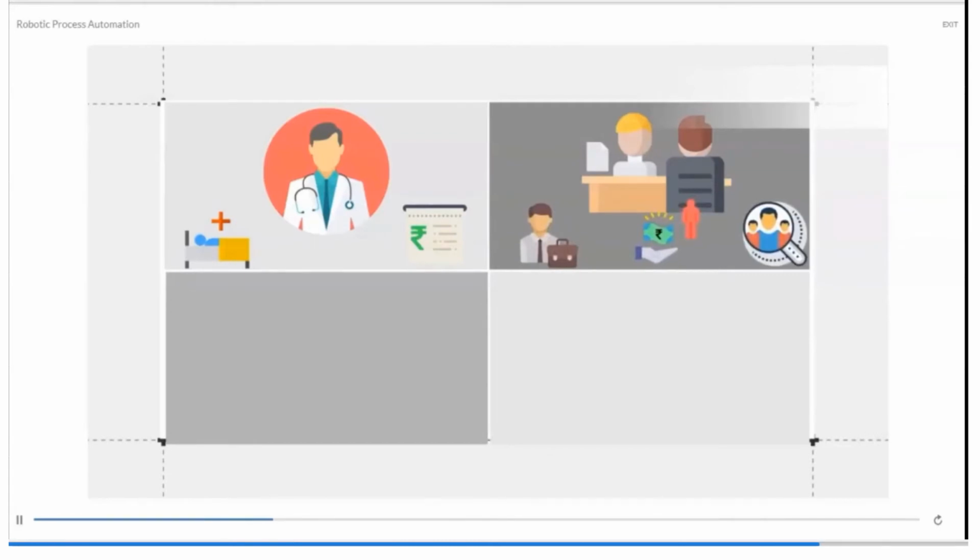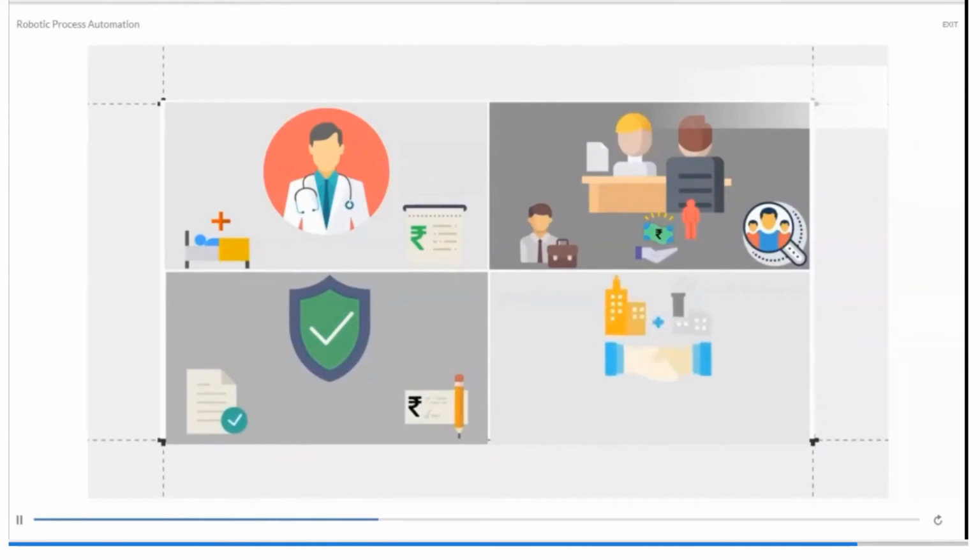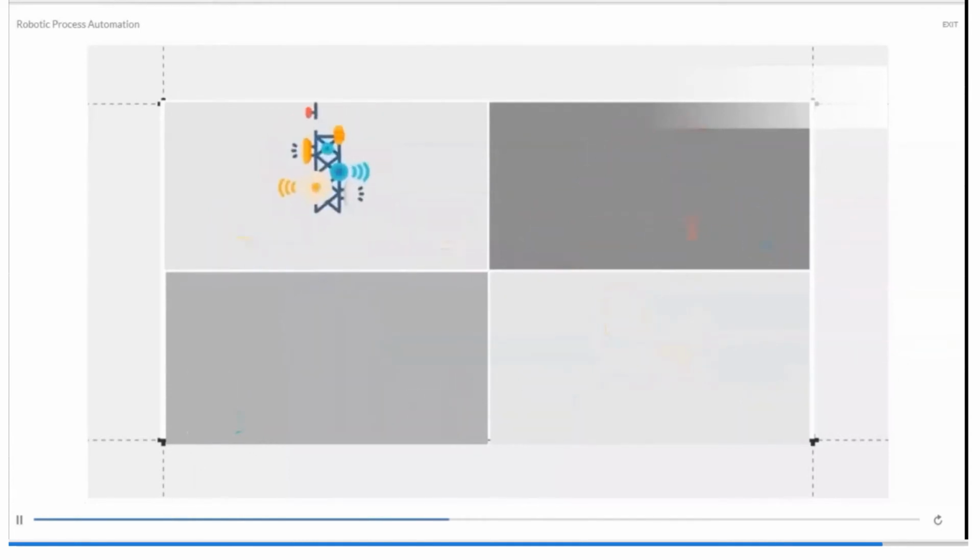It is used in insurance companies where it helps in claims processing as well as to get the premium information. It is also used in the manufacturing and retail industry, very well used for billing and for calculation of values and its reports. And it is used in the telecom industry for service order management as well as for quality reporting.